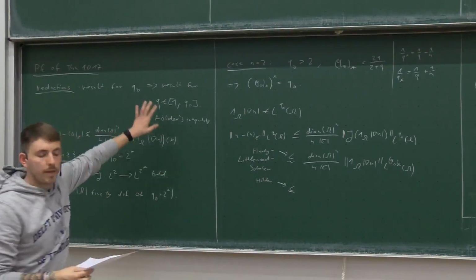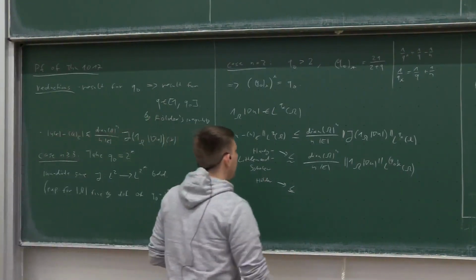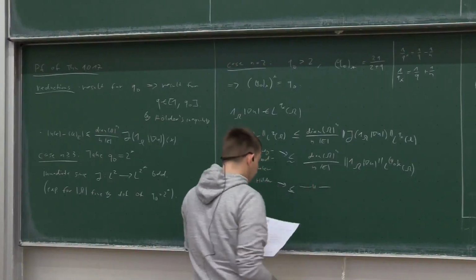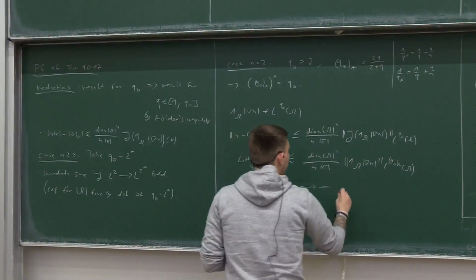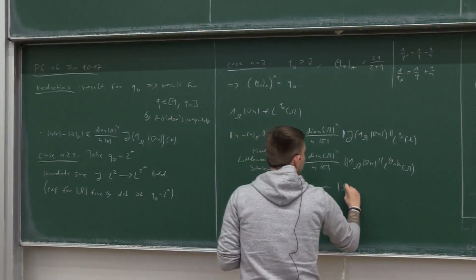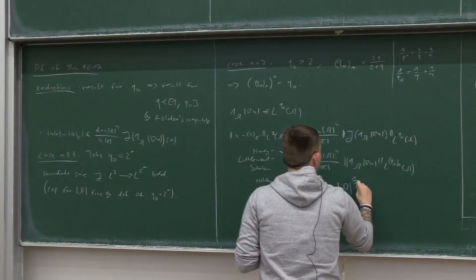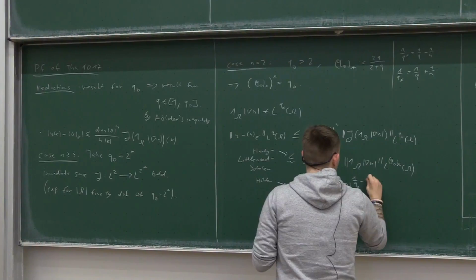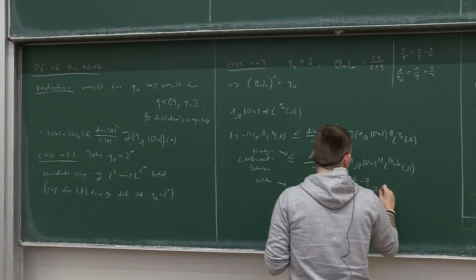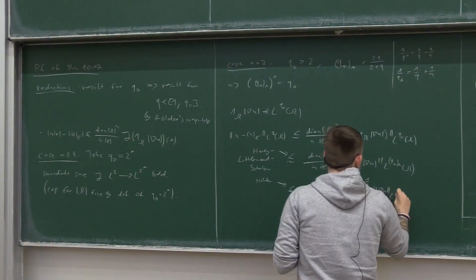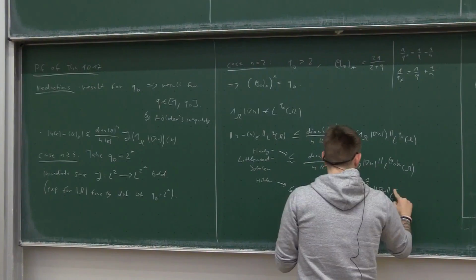So this is the argument that I indicated here, and then these first constants I copy, and I get here an additional |Omega| to the power 1 over q lower star minus 1/2,